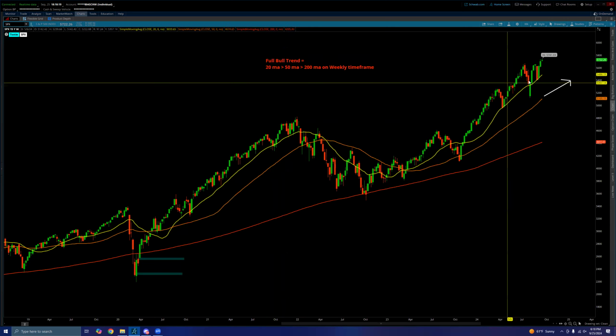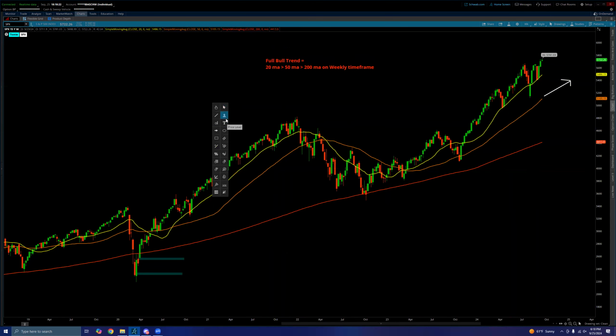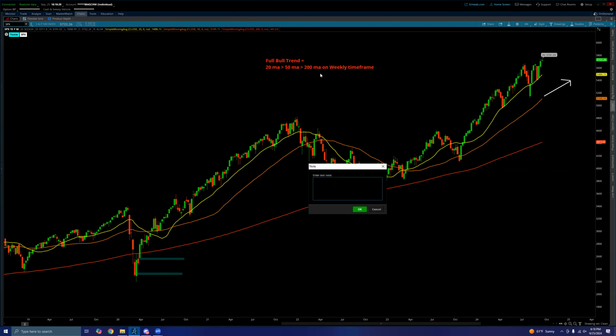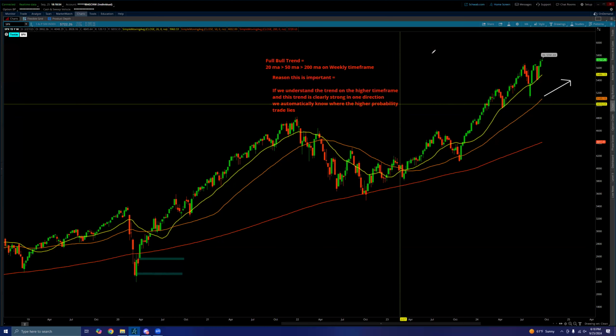First of all, as I mentioned, this specific ordering of the moving averages represents a full bull trend on the higher time frames. The reason that's important is this: if we understand the trend on the higher time frame, and this trend is clearly strong in one direction, we automatically know where the higher probability trade lies. As I mentioned, if you are trading with the trend, automatically you have a higher probability